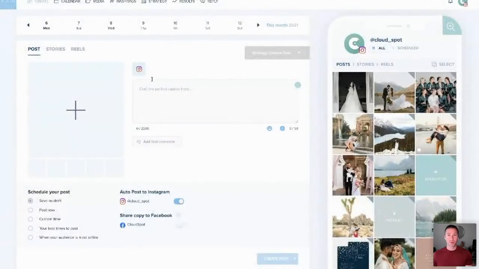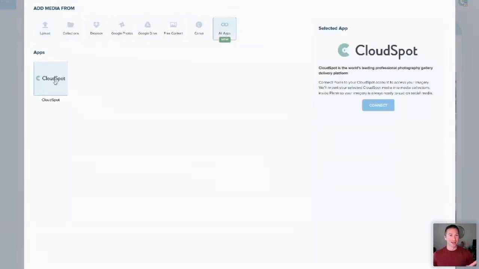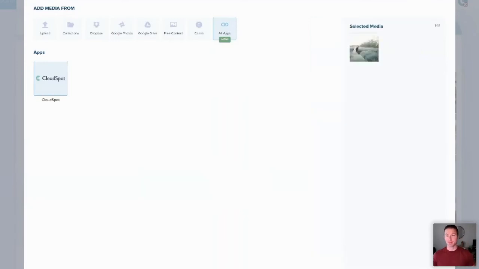You can go into your Plann dashboard, click to add an image, content that you normally do, and look, we've got a brand new section here, and CloudSpot's baked right in. So all you have to do is click connect. We've built an image importing tool such that you can scroll down to anything that you might need, go click on into any collection, and I'll just go right into the one that we had here. And look, you'll see all of those images that you've already earmarked for social. Go ahead and click on that one particular image, or click on multiple images, click import, say, yep, that's the one I want to add right there.